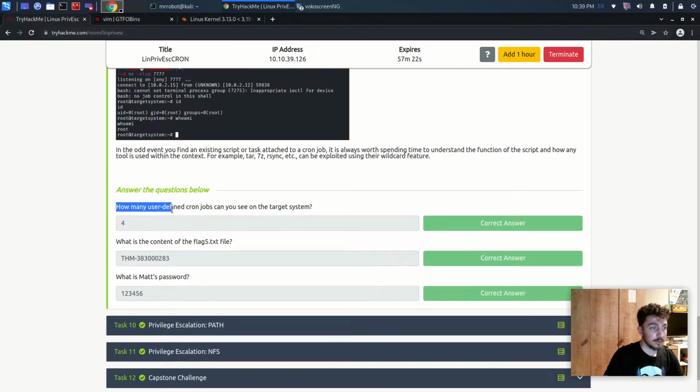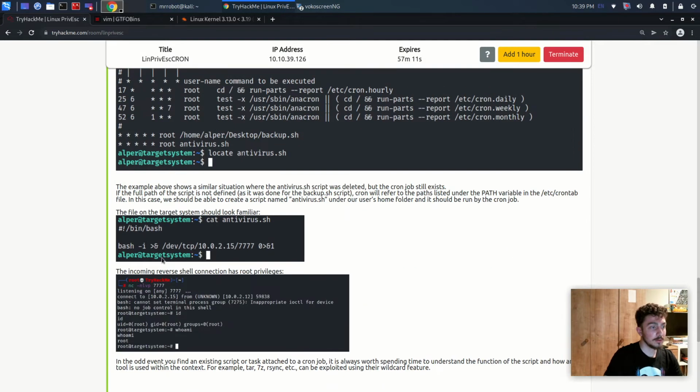questions. How many user-defined cron jobs can you see on the target system? Okay, what is the content of the flag file, flag5 txt? Okay, and what is the Matt's password? I want to